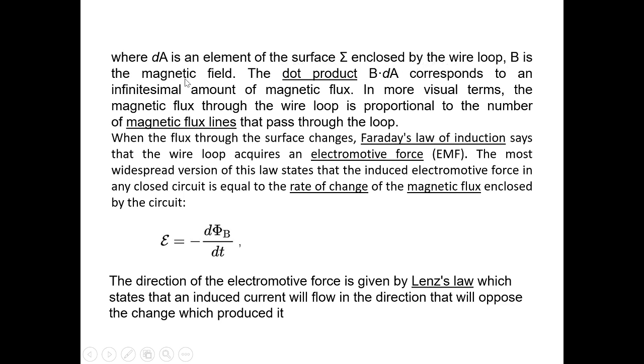B is the magnetic field. The dot product B · dA corresponds to an infinitesimal amount of magnetic flux. In more visual terms, the magnetic flux through the wire loop is proportional to the number of magnetic flux lines that pass through the loop. When the flux through the surface changes, Faraday's law of induction says that the wire loop acquires an electromotive force,